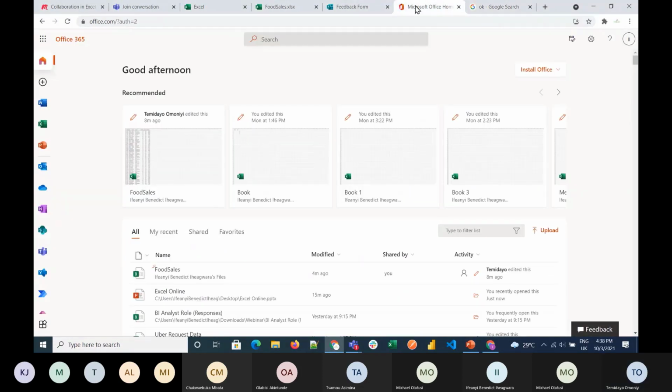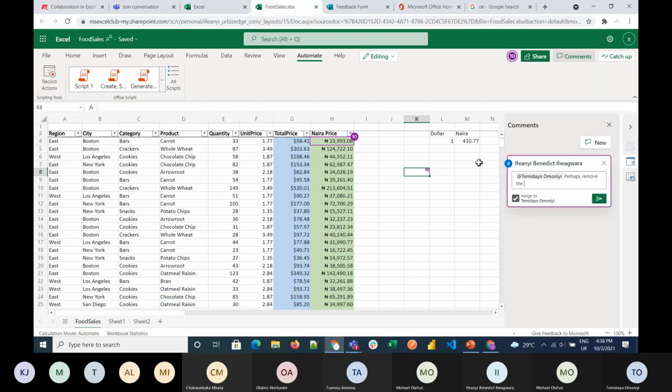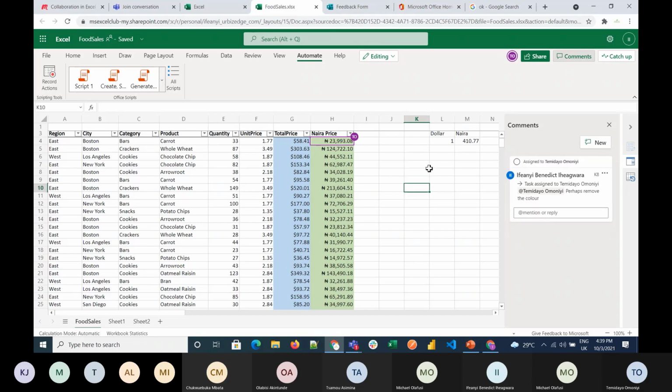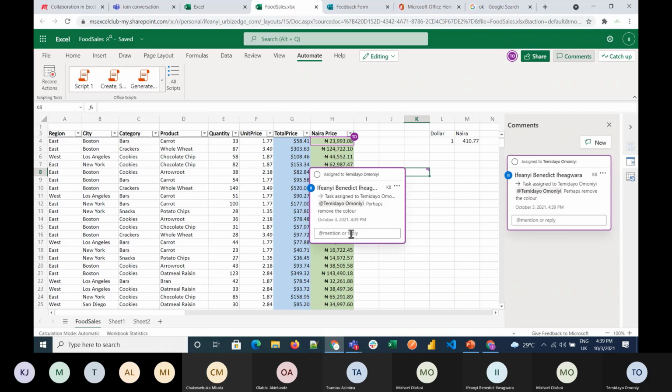Hello, Benedict. This is what I meant by tags and comments. So you can make a comment and tag it to someone, or assign the tags to someone specific, so that the person can quickly work on it. I'll assign the tags to this thing, and whenever it comes here, if he makes a reply to it, you can also reply to it and have a conversation about what he has done.